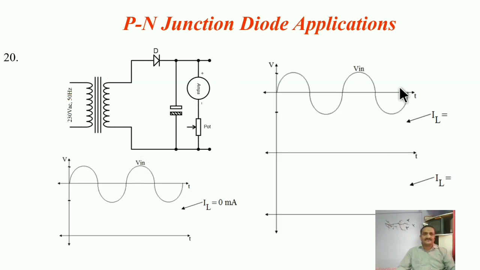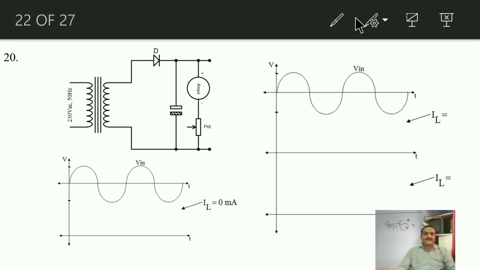Now the next one. This is nothing but again a half wave rectifier with filter. So instead of pulsating DC, the capacitor will get charged up, and if no load is there, that means if IL is equal to 0, that means this load is disconnected, then during the first positive half, the diode will conduct, the capacitor will get charged, and the charge on that capacitor will get retained. That's why you will have a straight line across that capacitor.